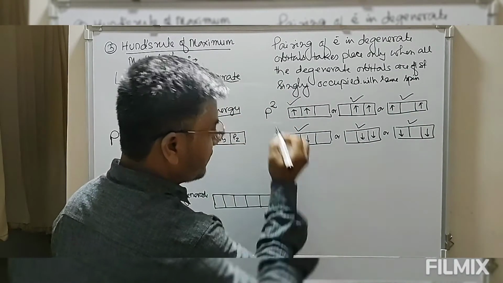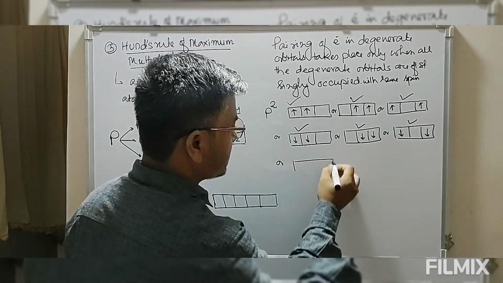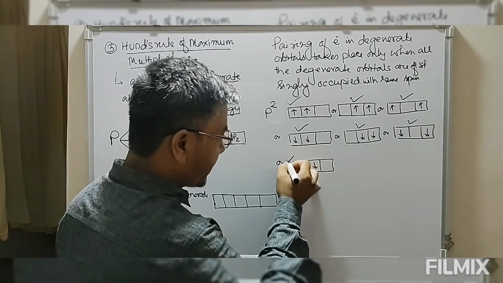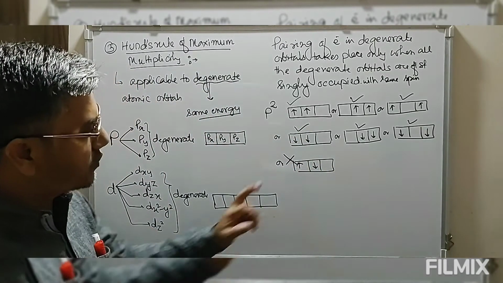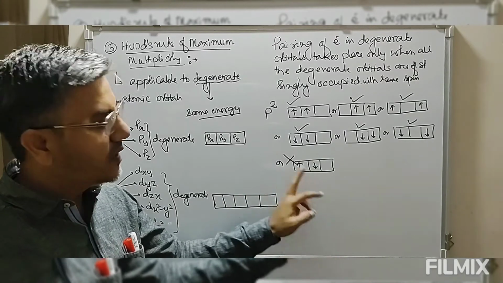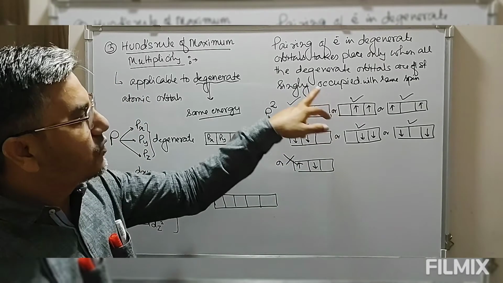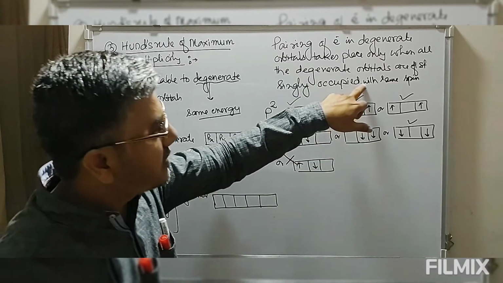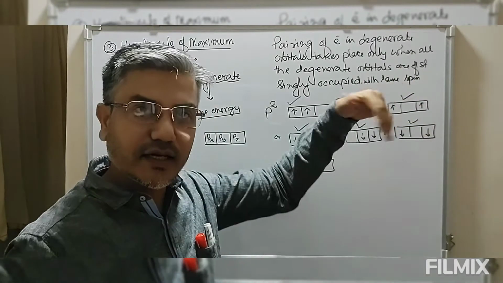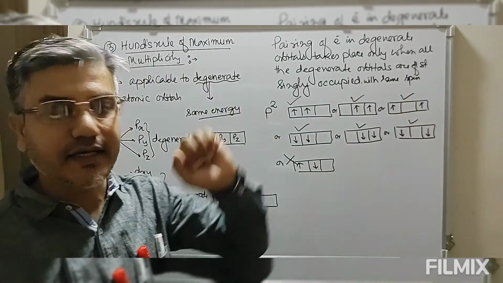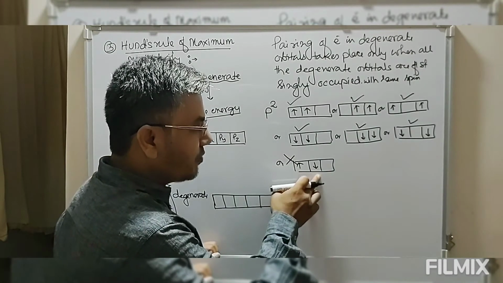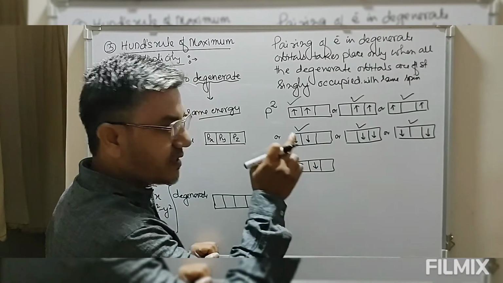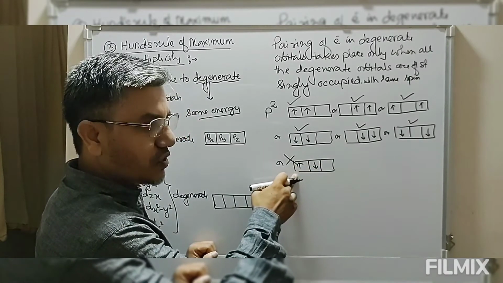But we can also have other arrangements of electrons. Simply take this: one has positive spin, the other has negative spin. So this configuration is not allowed. Though the electrons are singly occupied, when we place electrons singly in degenerate orbitals, they should have the same spin, either both positive or both negative. Here, though singly occupied, these two electrons have opposite spin, one positive and the other negative, so this configuration is not allowed.